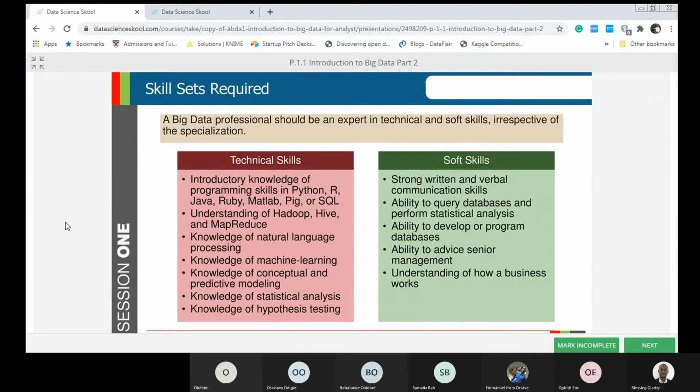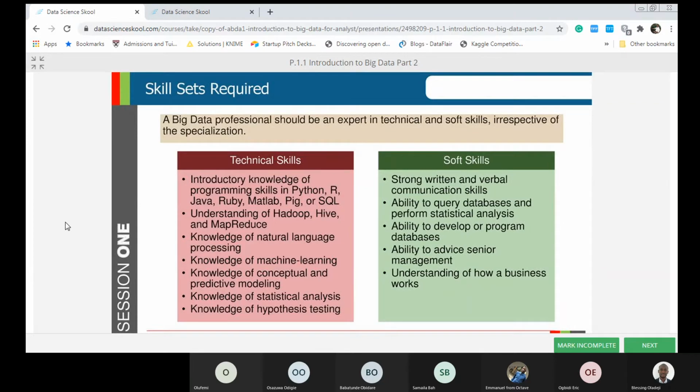You need to understand the concept of predictive modeling, the concept of prescriptive modeling, part of what you are going to be taught in this class. You need to understand some basic statistics. Statistics is very, very important. Mean, median, mode, because actually when you are doing all those machine learning and predictive modeling, it's just a combination of statistics. So statistics is part of what we are going to be learning in this class. And some of the trainers too have a first degree in statistics or mathematics. So I think you are in very good hands.